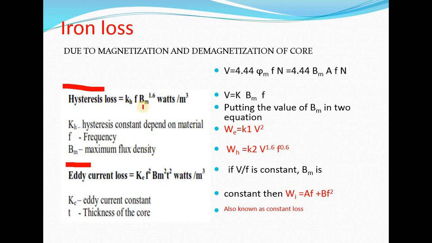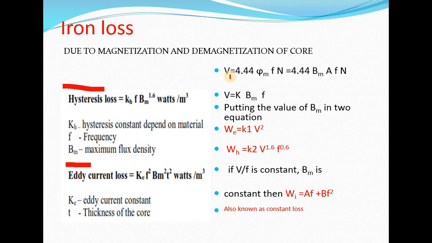Okay. So, regarding hysteresis loss, we can also reduce it by using a material that creates a smaller area of the BH curve. If the area of the BH curve of that material is small, then the hysteresis loss will be less, because the area of the BH curve or BH loop is known as the hysteresis loss. So by using CRGO material, we can also reduce the hysteresis loss.